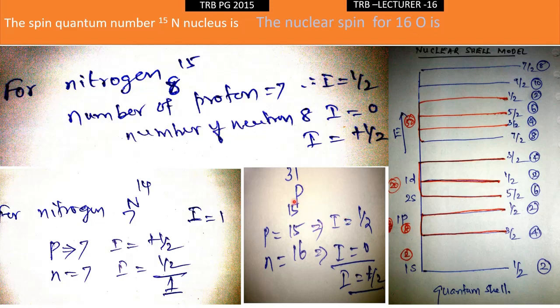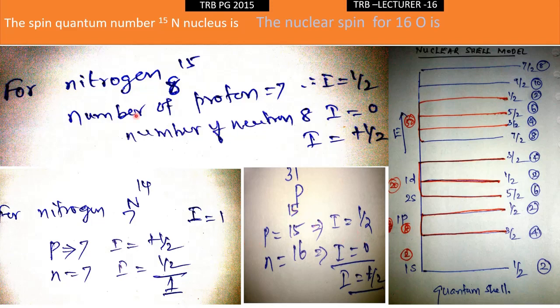Okay. Now consider phosphorus 15, 31. Here the number of protons is 15. How can you calculate? So 2, here 6, 8 plus 6, 14. And the 15th proton is present in this 1s level. Okay, what is the I value? Half. So for proton 15, the I value is half. The number of neutrons is 16, that is 31 minus 15, 16. For an even number, I is equal to 0. So the total value is half. So for phosphorus 15, 31, the value is half.